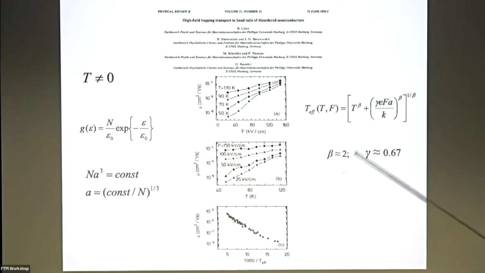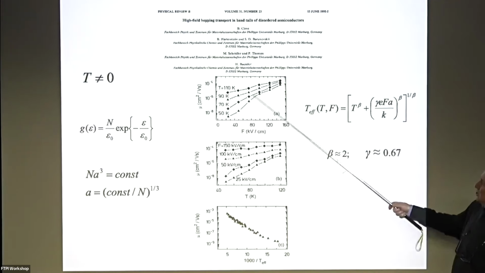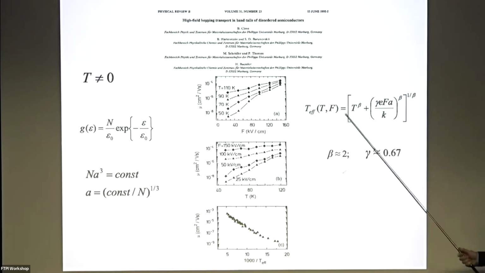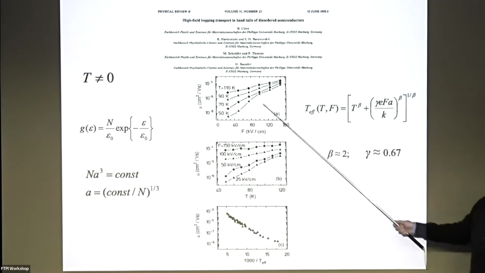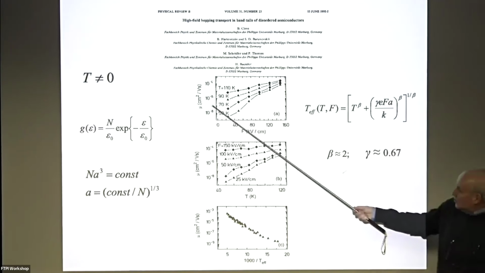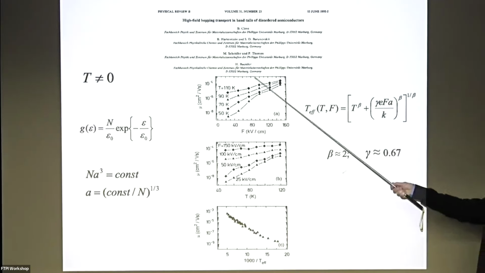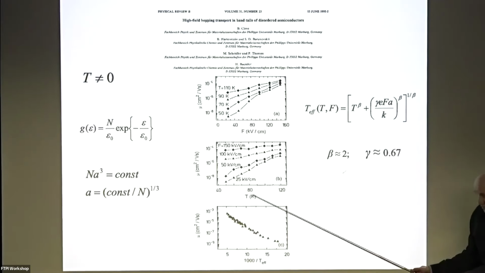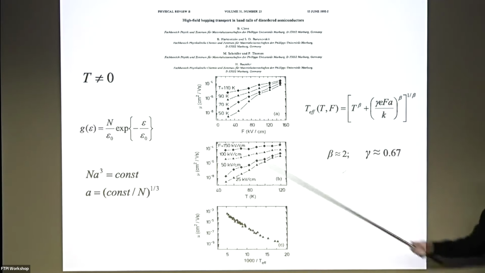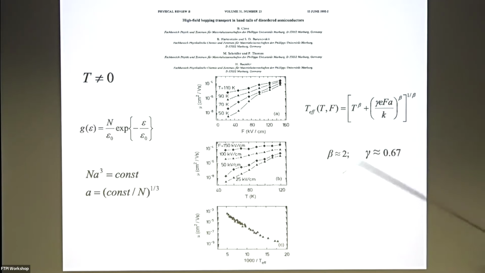We repeated the simulations with different algorithms, with different effects. We studied non-equilibrium relaxation and so on and so forth. We just repeated their result. So it's fascinating. You simulate mobility as a function of fields at different temperatures, or mobility as a function of temperature at different fields, and then all this cloud of stars comes onto one universal curve if you use Mariana and Shklovsky's expression for the effective temperature.